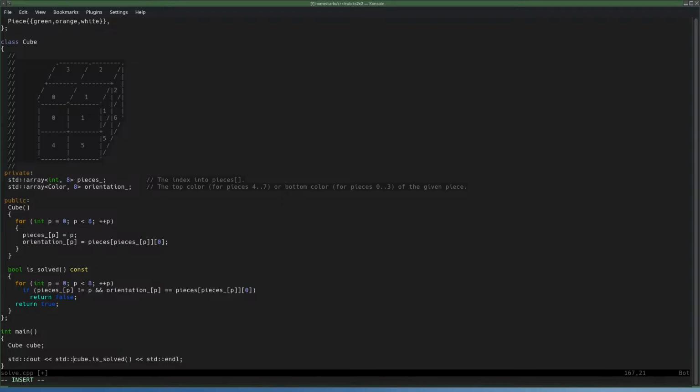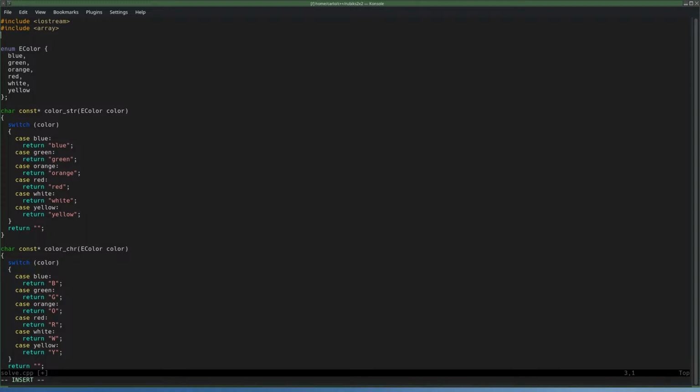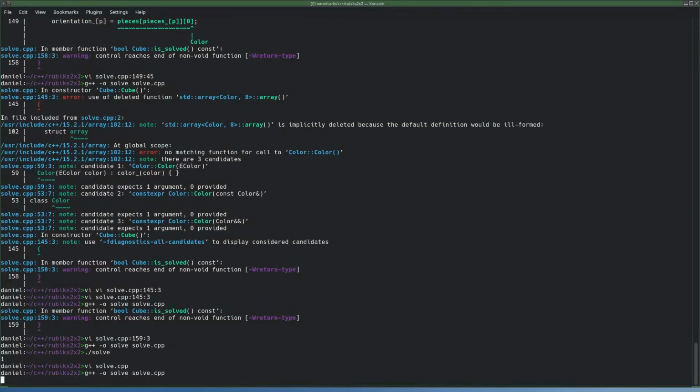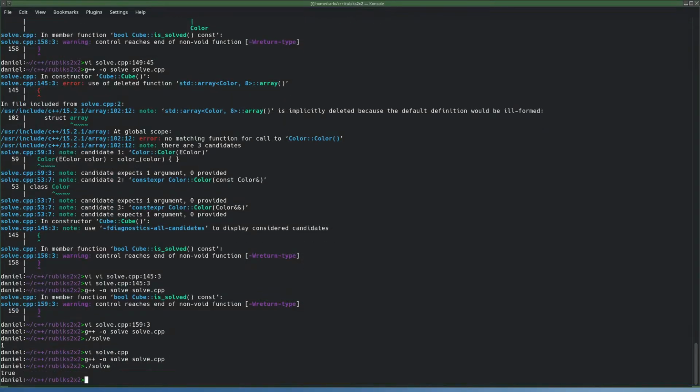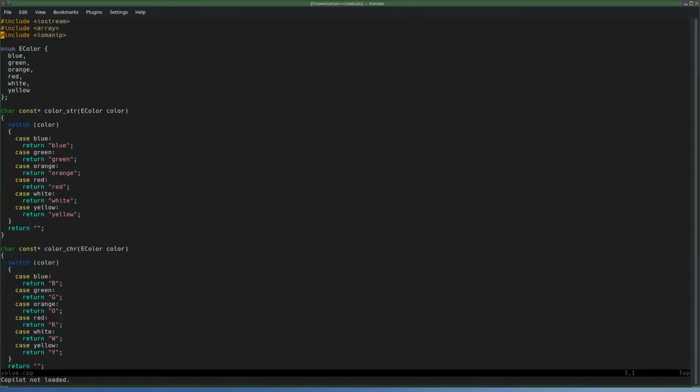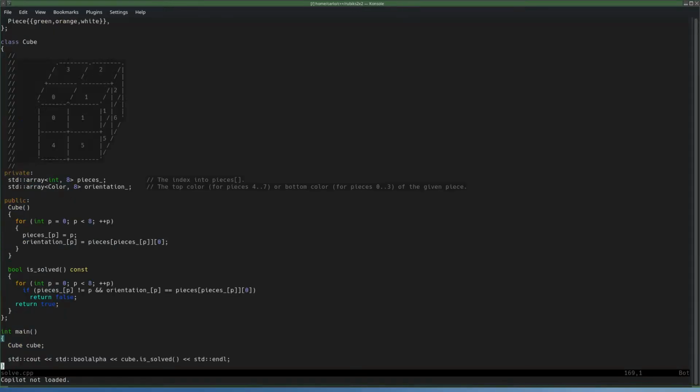So this is bool alpha for alpha bool. I think bool alpha, because it's the most unlogical thing to do. Yep, true. Okay, so